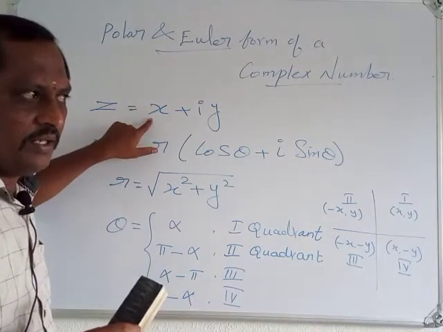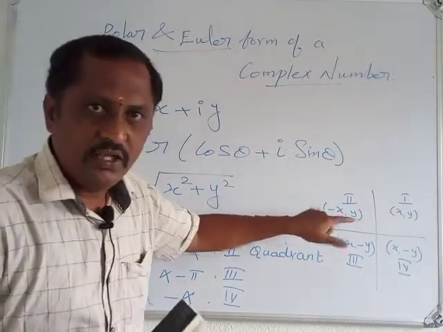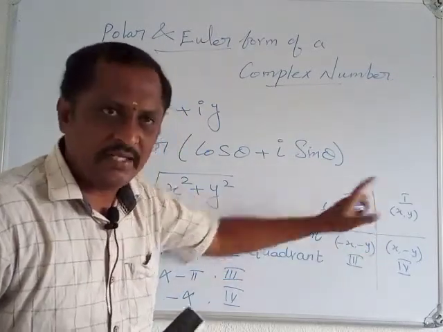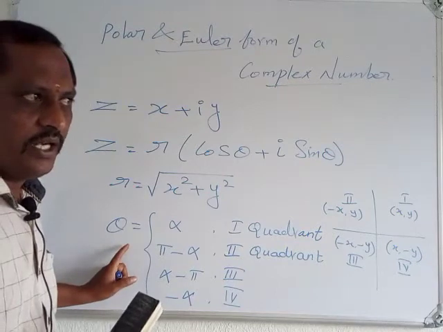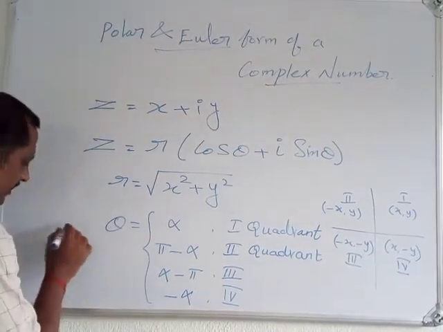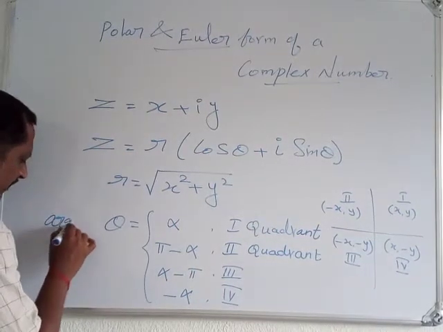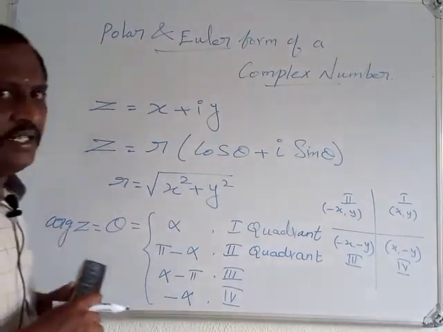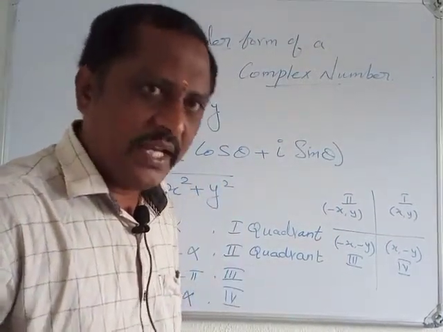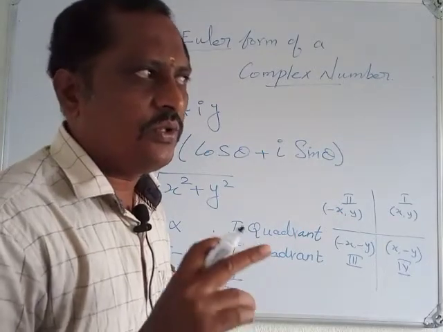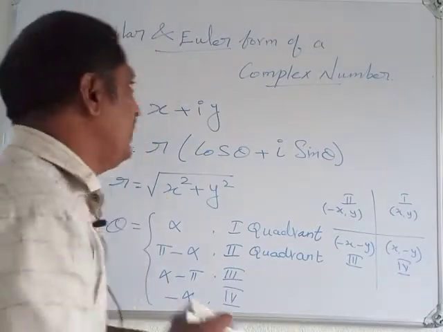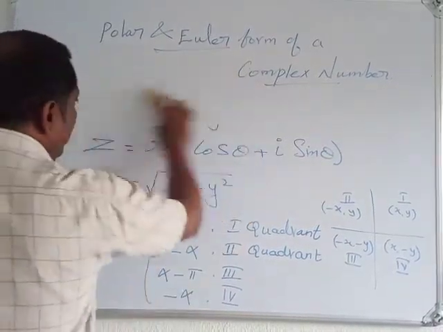So the given complex number lies in the first quadrant or second quadrant or third quadrant or fourth quadrant. Using these quadrants, you have to calculate the theta value. Theta means this is what? This is the argument of z. Argument of z is theta. That is, theta can be pi, or adding 2k pi, that is, adding multiples of 2k pi. Understood? That is our polar form.